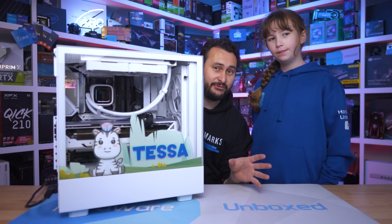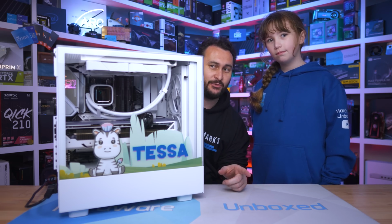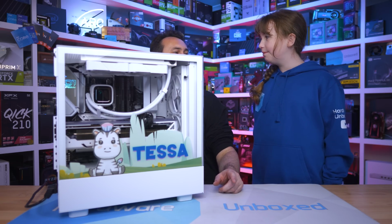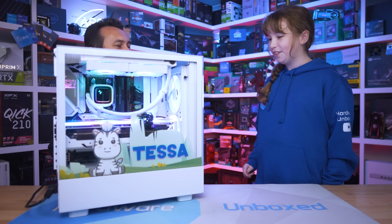There you go. All right, we've got the graphics card in. It's all wired up and connected. We think it's going to work. So, Tess, which one do you reckon is the power button? Yeah, you want to hit it and see what happens? Wow,